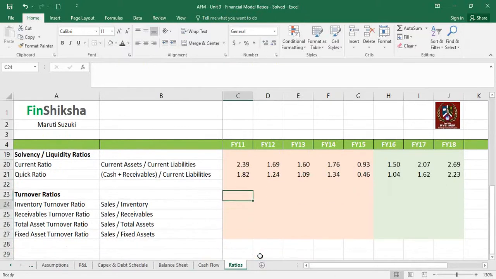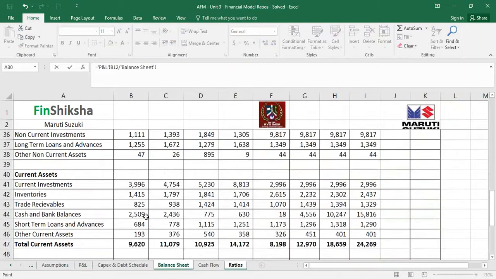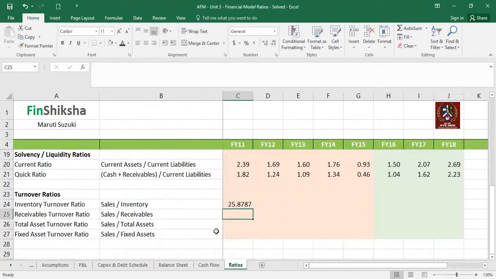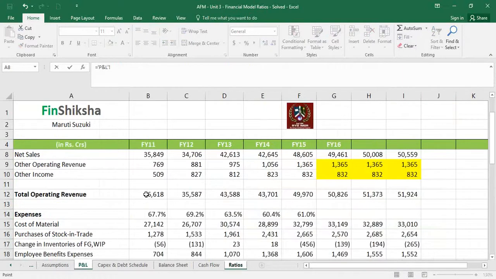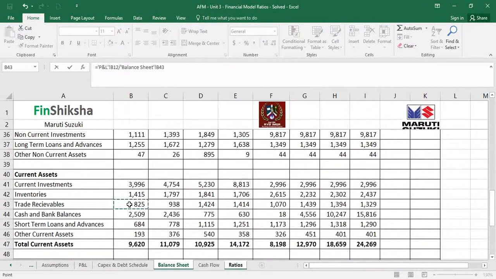Finally, we come to turnover ratios, which are essentially your efficiency ratios. All turnover ratios are sales divided by the respective turnover ratios. So we can look at net sales on the P&L, and because we've calculated data on total operating revenue, I'm going to use operating revenue divided by inventory in the first case. This is receivables turnover ratio, which is going to be my total operating revenue divided by my receivables in the